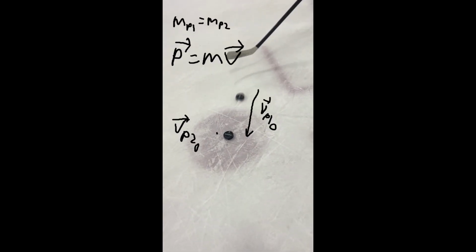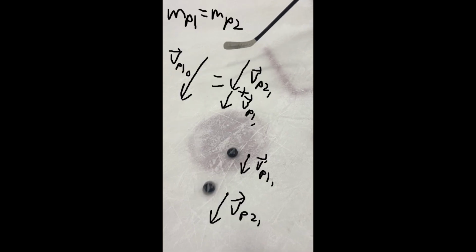At this point in time before the collision, we can see clearly that puck 1 has a velocity in the positive direction, whereas puck 2 is stationary. Note that both pucks are identical, meaning they share the same mass. After the collision, puck 1 transfers some of its linear momentum to puck 2, which now has a velocity in the positive direction. Note that puck 1 did not actually hit puck 2 perfectly along the x-axis, but we will model it as if it did.